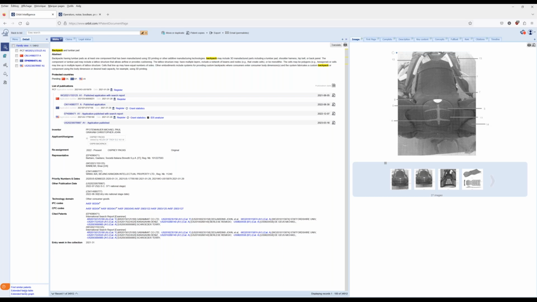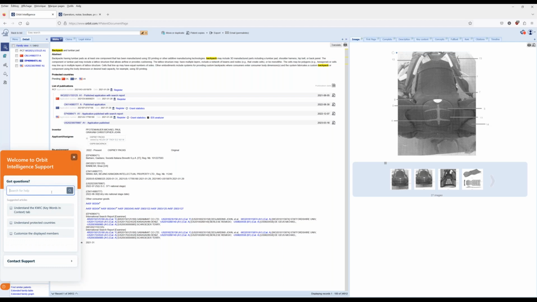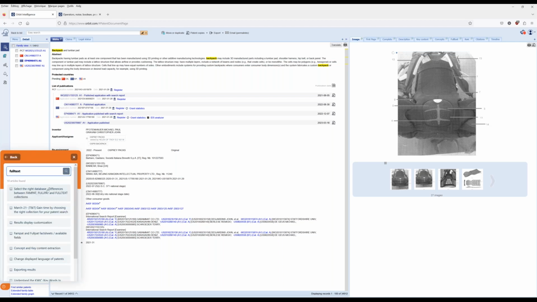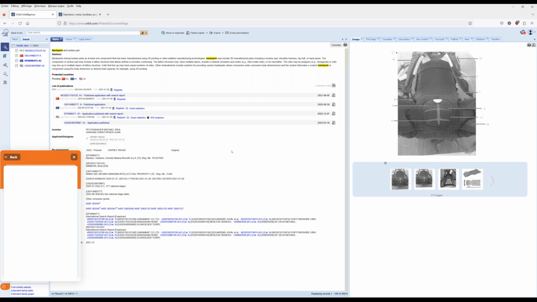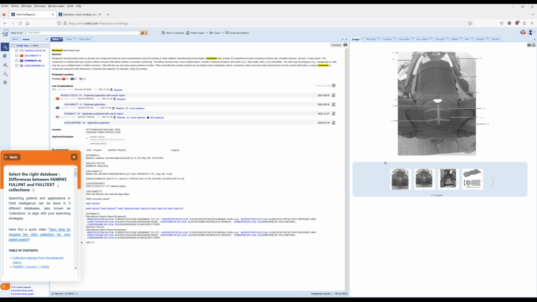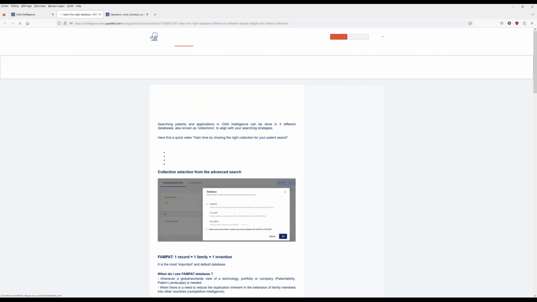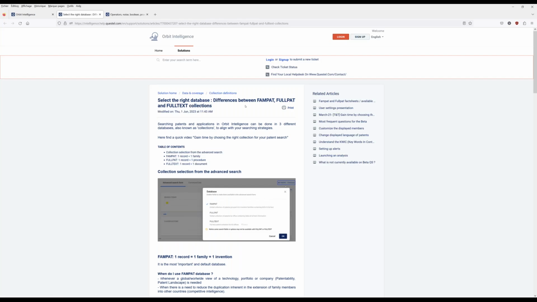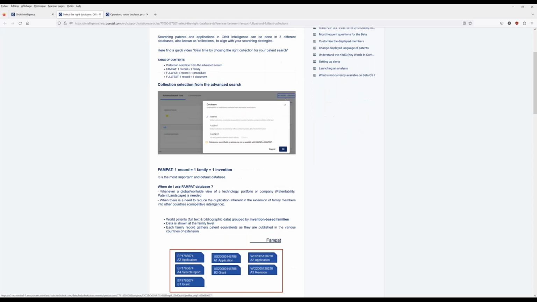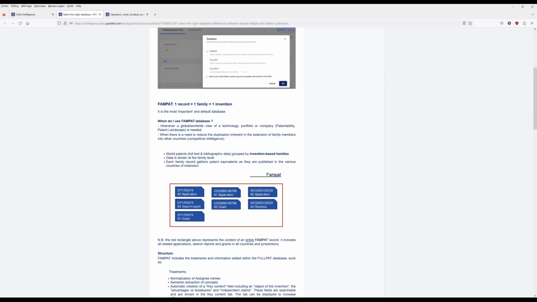And full text coverage. I'm just going to show you here. Like I said, full text is really just the one document. I said we have this article which I'll share with you. I don't want to take too much time on it. I will show you where you can find it, and I'll send it to you because it does make a difference. This article explains really well the difference between FAMPAT, one family, one invention,